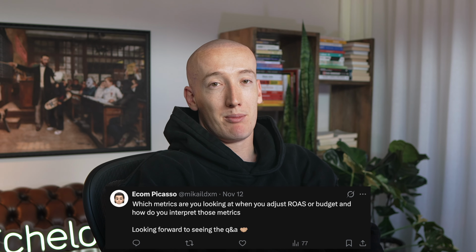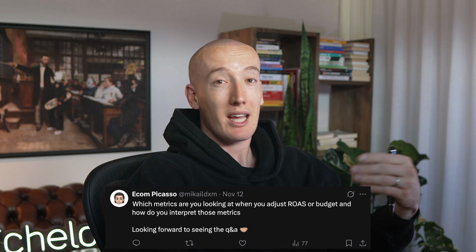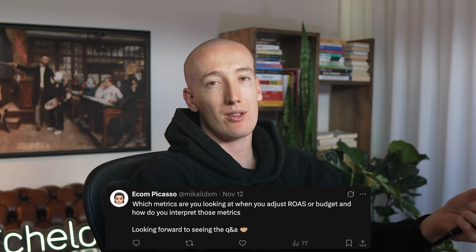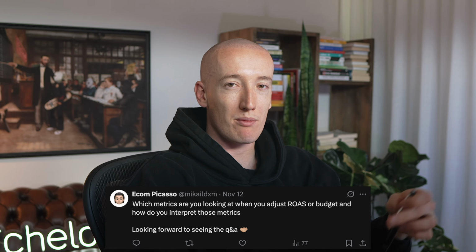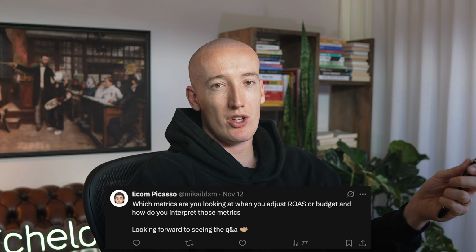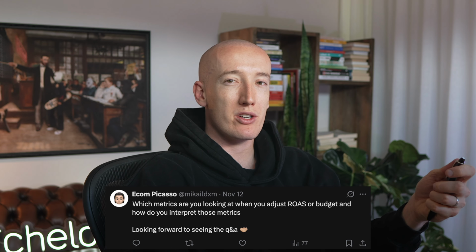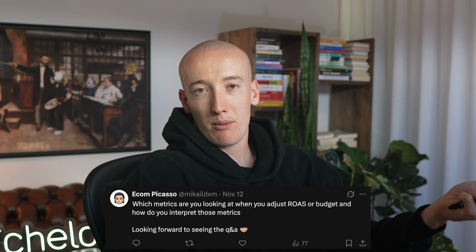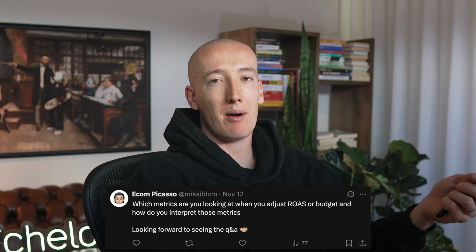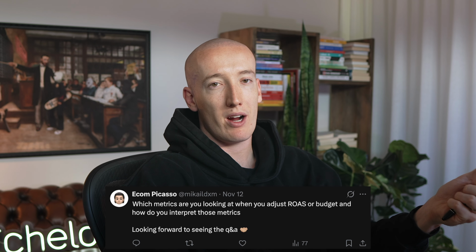For budget adjustments, check the cost day by day. I would account for seasonality. And then if you're running search, I'd use the search lost impression share by budget metric. So you can look at that in the graph and then check how many impressions you're losing because of your budget. Obviously not because of ranking. You can just see this day by day and use this data to really raise or reduce the budget.